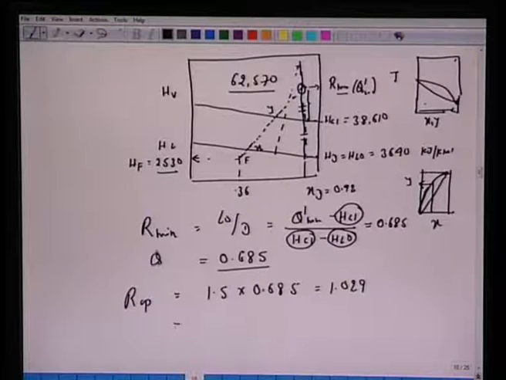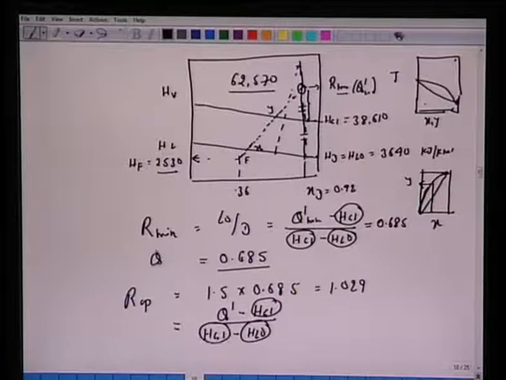And once we know 1.029, we can go back and calculate our operating Q prime, Q dash minus HG1, which is same as before, HG1 minus HL0. All these quantities are known to us. From this we can calculate Q dash corresponding to the operating differential point, to obtain 74.595 kilojoule per kilomole.